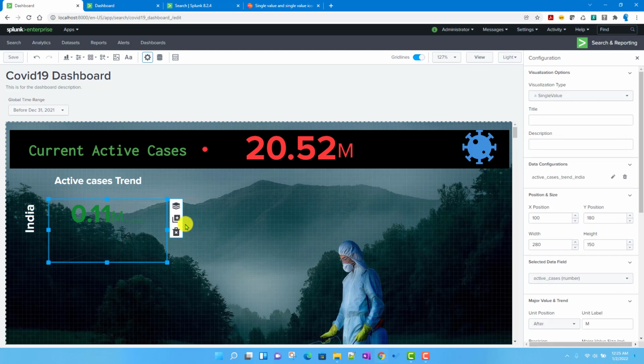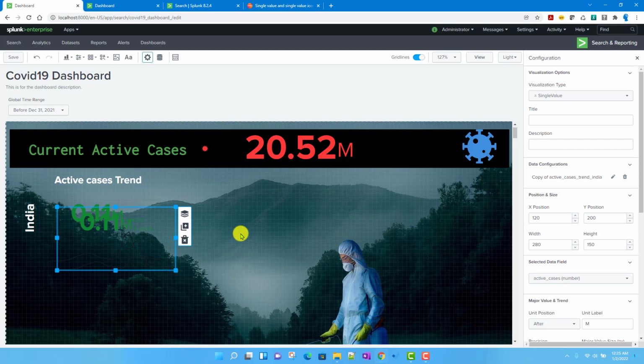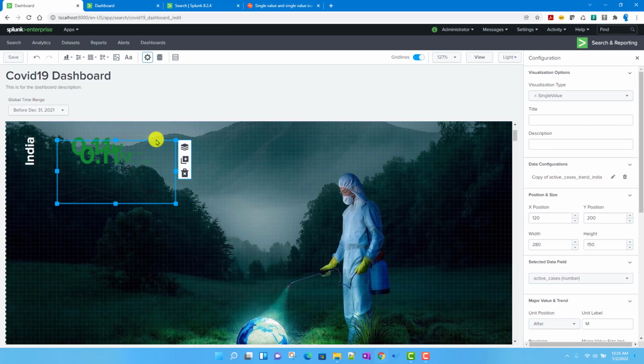So I'll just select this one. Now what I'll do is copy it, basically clone this and create the other one as well, so that I do not need to set whatever options I have set for trends, for the precision, everything, again and again here. So to clone a particular visualization, you need to select this one and click on the clone over here. So this will basically clone the visualization here.